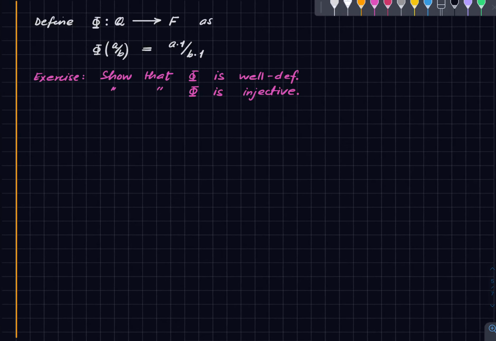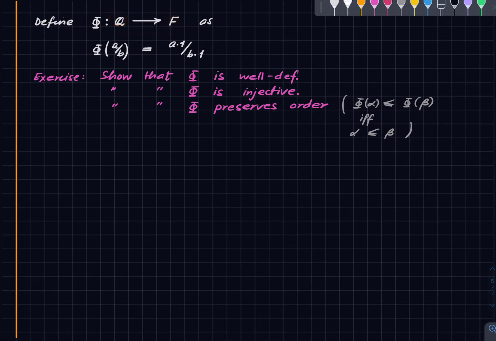Okay, phi is injective, and further, it's an important point to note that it preserves ordering. So show that phi preserves order, which is to say that phi alpha is less than or equal to phi beta for some rationals alpha and beta if and only if alpha is less than or equal to beta. So those are the three things. So therefore, this has a natural copy of rationals. Phi is a very simple, very natural map, and this shows that this contains a natural copy of the rationals,